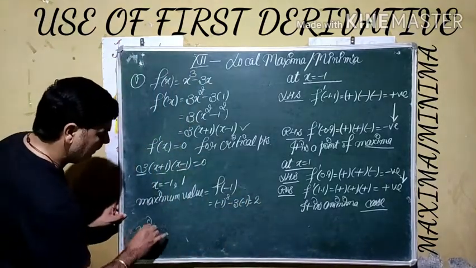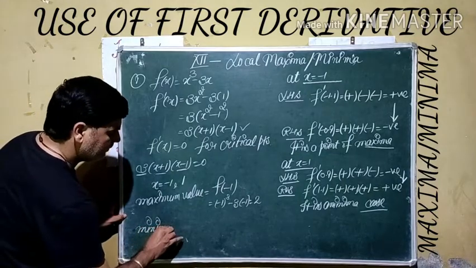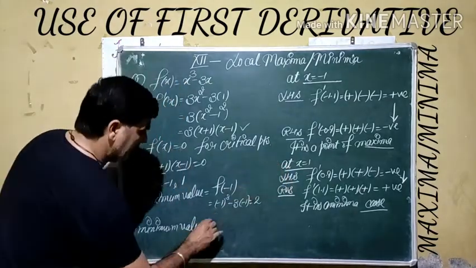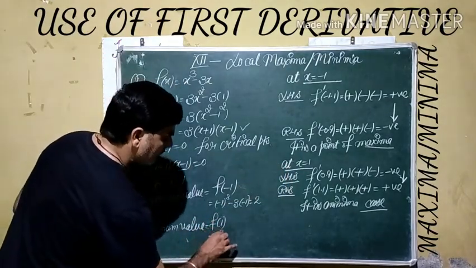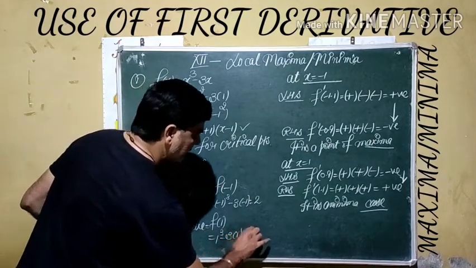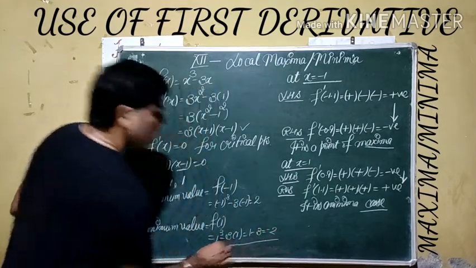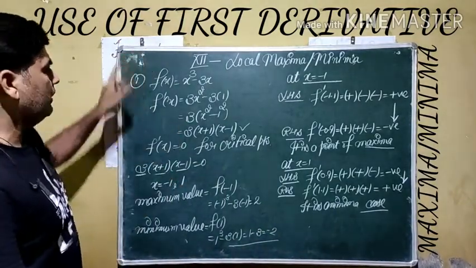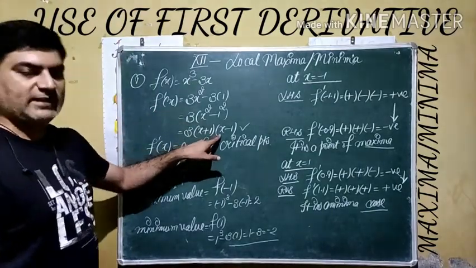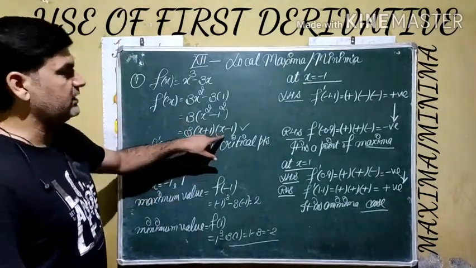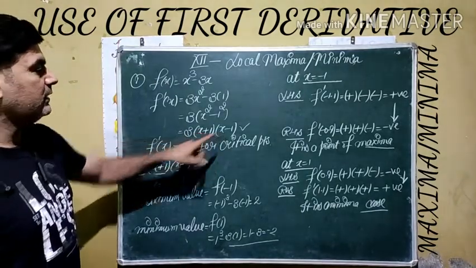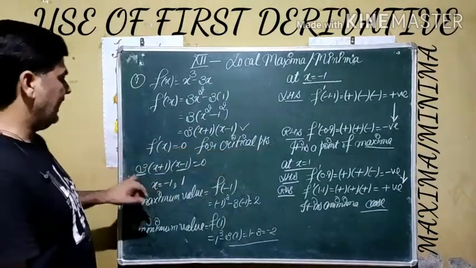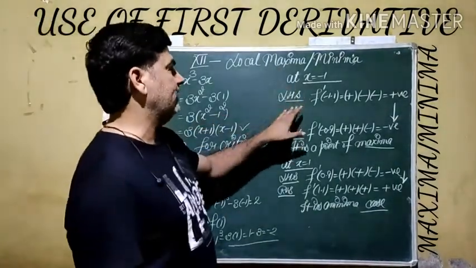And the minimum value we can get by putting the point where it is minima, at 1. We get cube of 1 minus 3 times 1. It gives us 1 minus 3, which is minus 2. Means by using the first derivative test rule, remember our steps: the function should be given. We have to apply the first derivative, then we have to factorize it first, because in the factor case the first derivative test is better than the other rule. Then we calculate critical points and we apply, one by one at each critical point, the left side value and right side value.